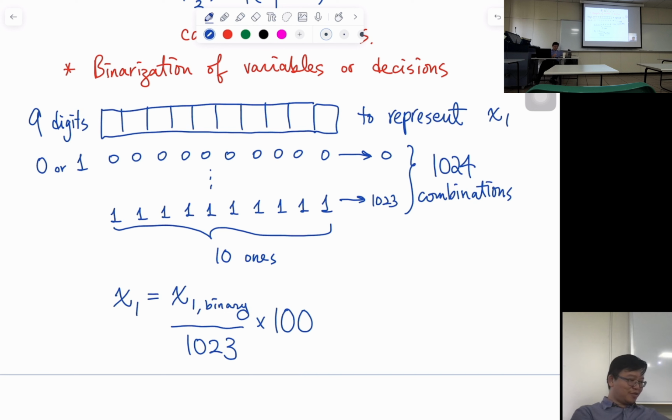That should be right. So you can use this to represent some value from 0 to 100. And you basically cut it into 1023 pieces, and you can represent 1024 different values. Okay, so do the same